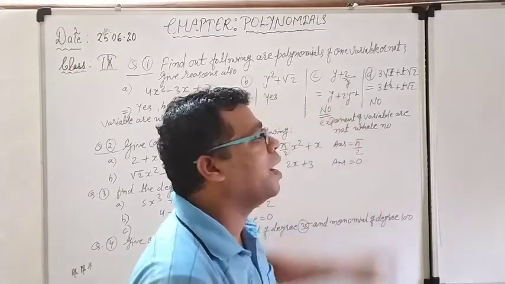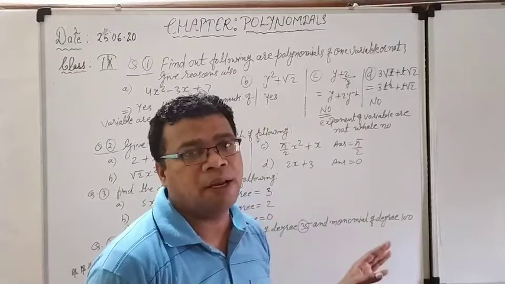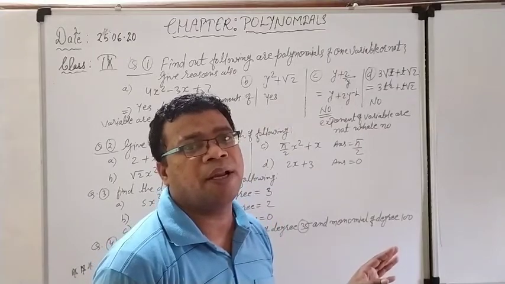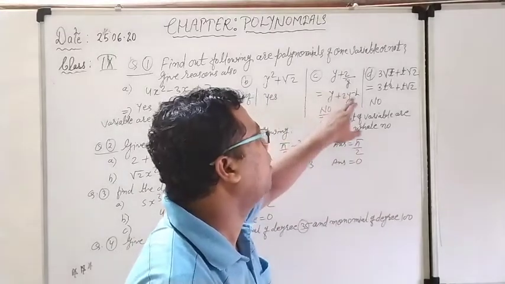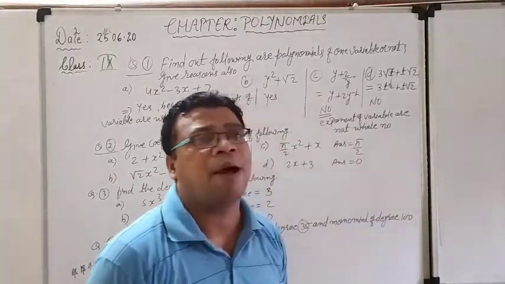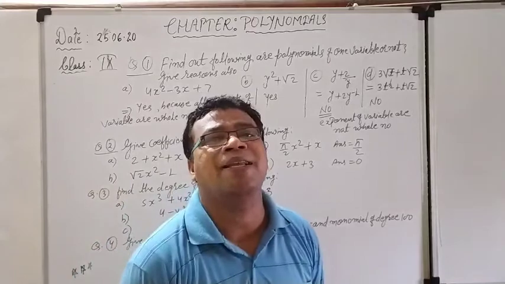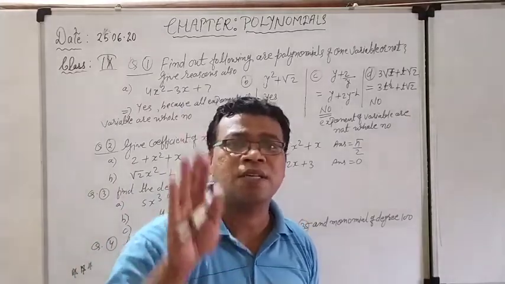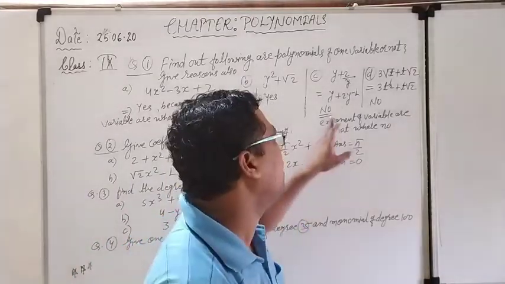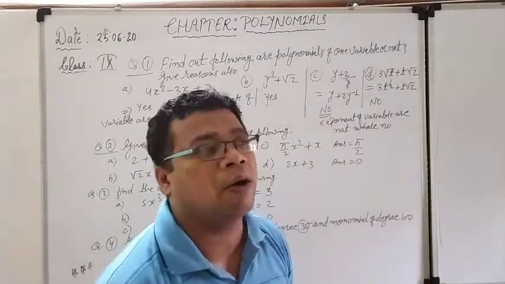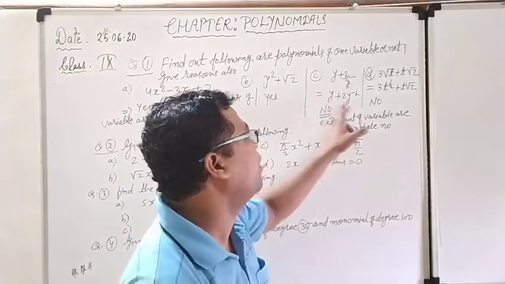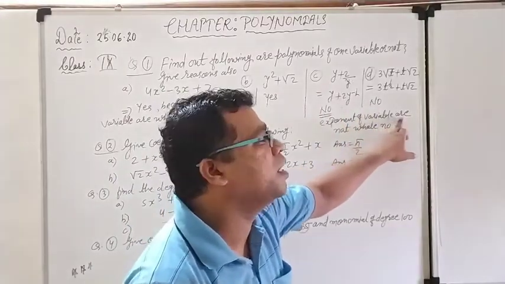Right now see, all the exponents of the variable should be whole numbers. Here you can see the power is 1, no problem, but in the second term the power is converted into the negative number minus 1, and this is not considered a whole number. That's why the answer will be no, because the exponent of the variable is not a whole number. I have written this commonly for both.